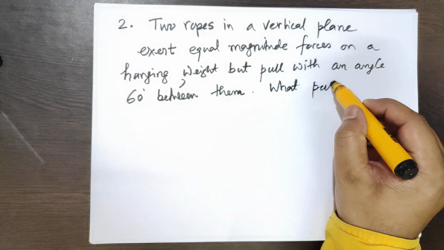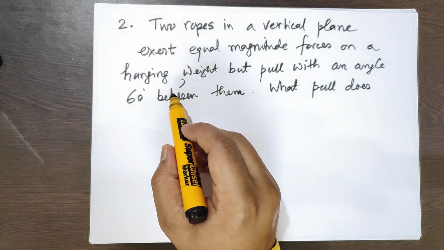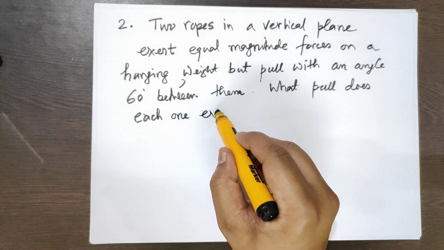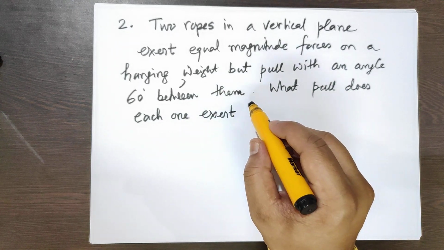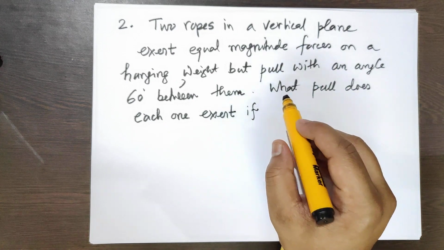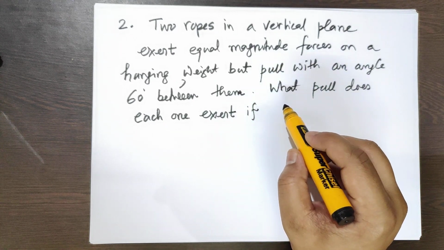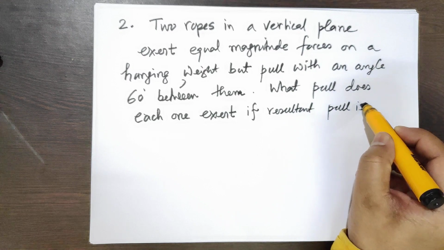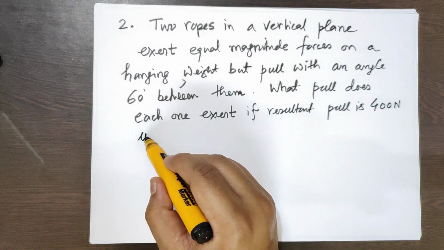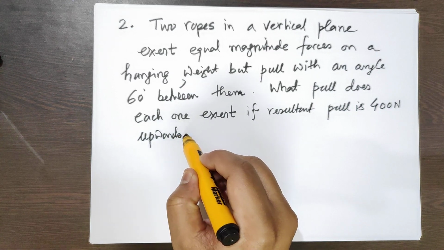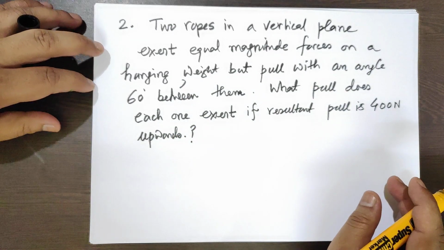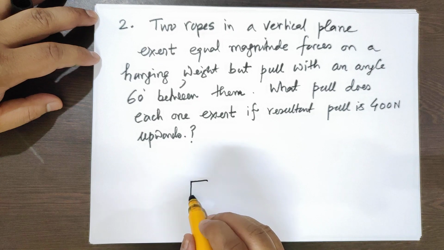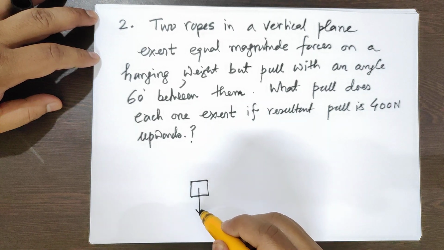What pull does each one exert? Each one means each rope. What pull does each one exert if the resultant pull is 400 Newton upwards? Okay, see, in this problem it is sure that the weight hanging is 400 Newton. This weight is surely 400 Newton